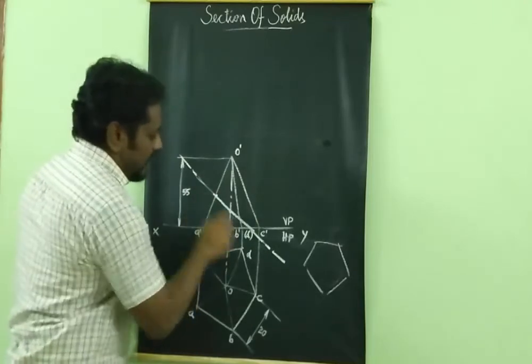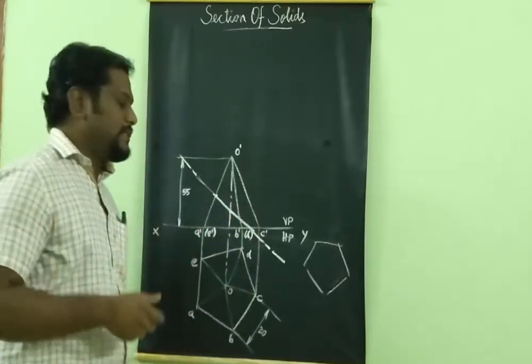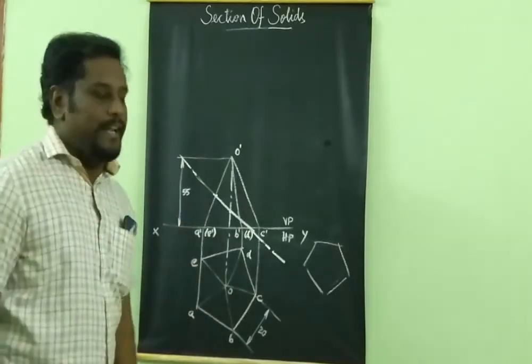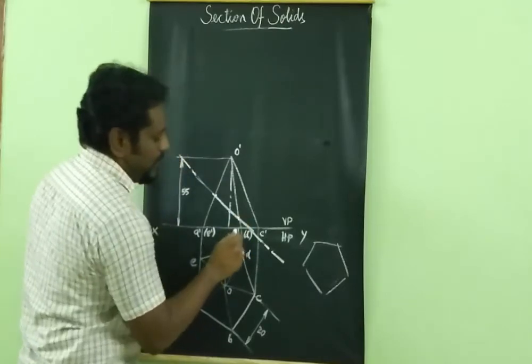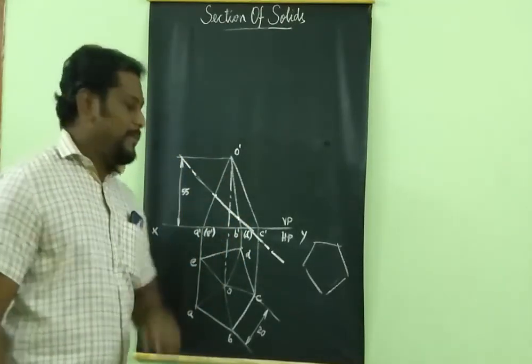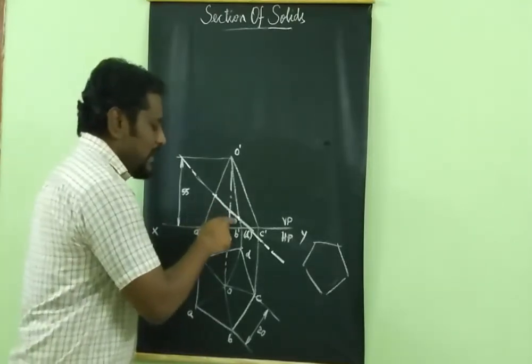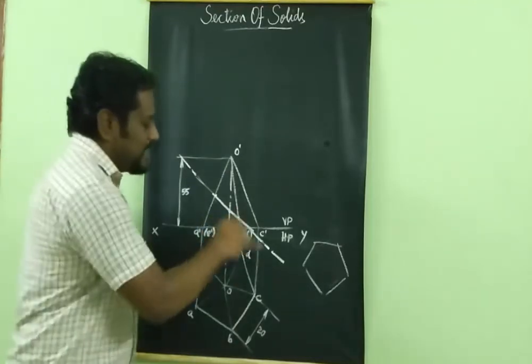Next thing, the cutting plane cuts the axis. So you will not have any points because the axis is an imaginary line. So here another point will come, that is on OB and OD. There are two longer edges, so there will be two cutting points. So here two cutting points. Here two cutting points, and here it is cutting the base of the solid.